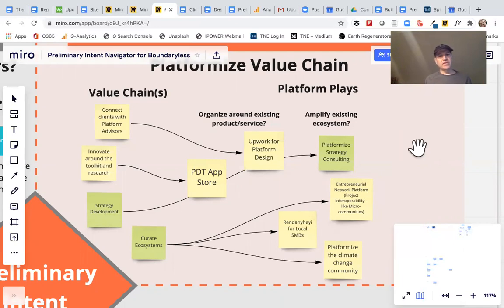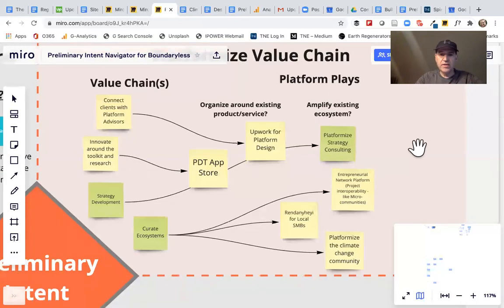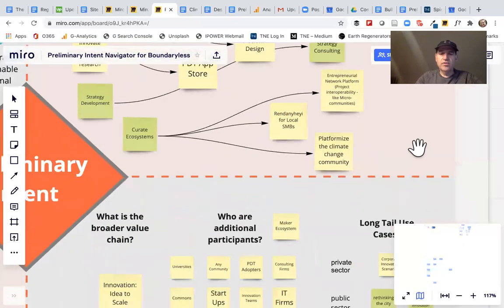So that's how we looked at this first one, in terms of trying to get some initial discussion going around ideas and platformization around value chains. Then we went down next to the green quadrant, or the broader ecosystem.